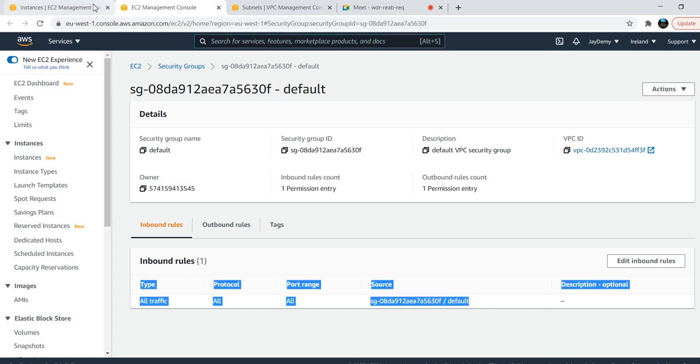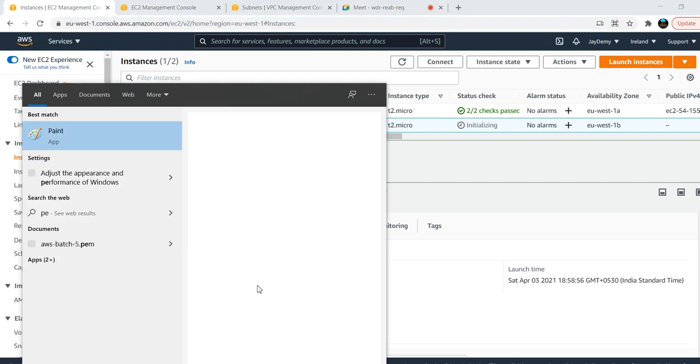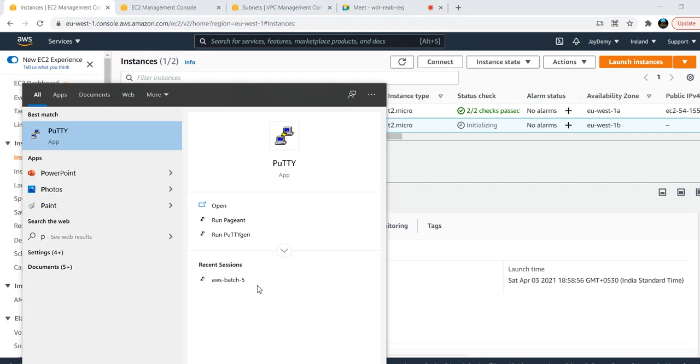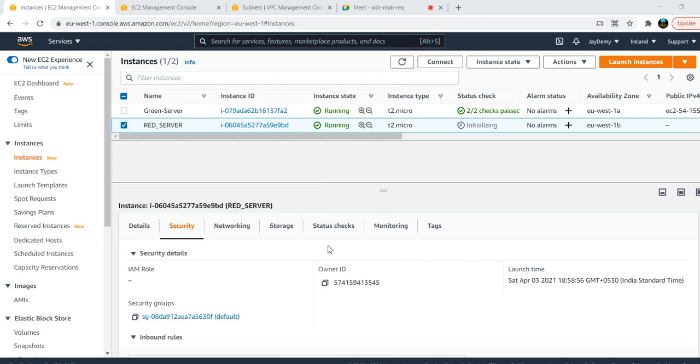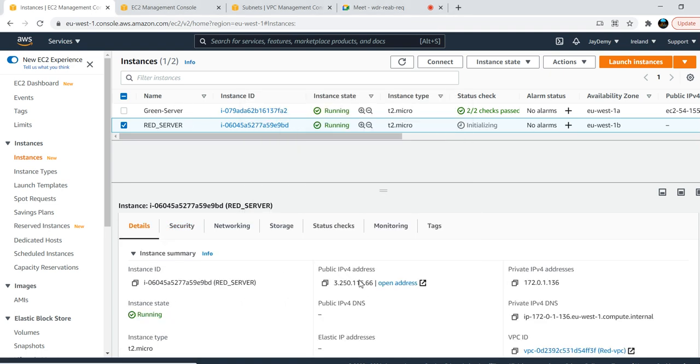Let me try to connect first and then we will test whether it is working or not. If it is not working, then we will modify it. So just load this one and copy this server's DNS name or IP.